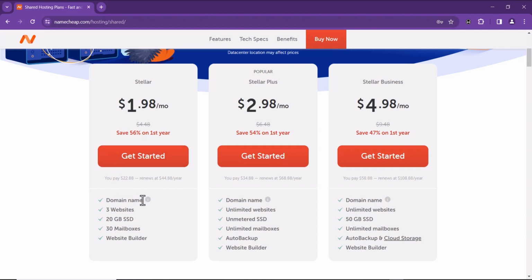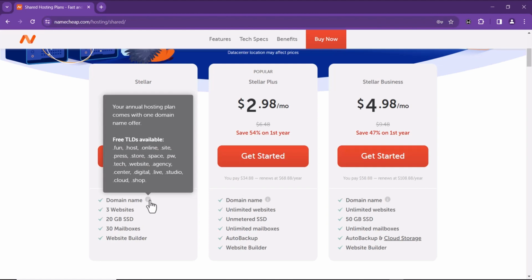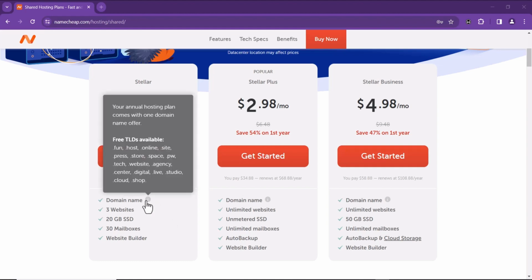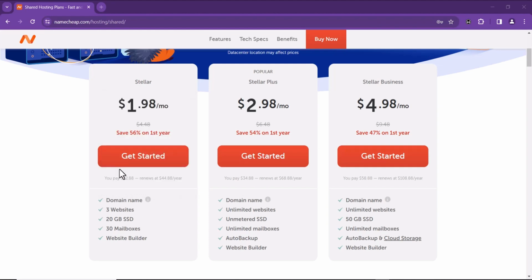For this first one, there are some free domain names available like .fun, .host. But if you are creating a personal portfolio, I would advise that you use .com. But if you are creating a portfolio for a studio, you can still use .studio. Or if you are creating for an agency, you can use .agency, and these are actually for free. But for me, I would prefer to use .com. Okay, and choose one. Let me just choose this Stellar plan and click on Get